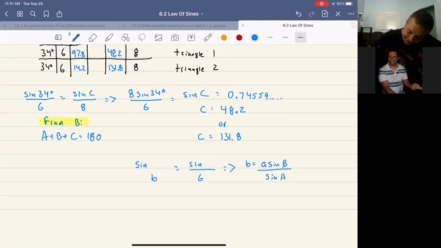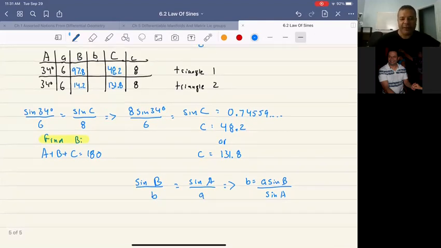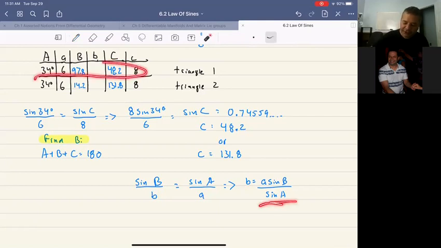Let me fix that. Okay, so now I'm going to use the two different versions to find b. I'm going to do this calculation with these numbers in triangle 1. 97.8 sine times 6 divided by 34 sine,